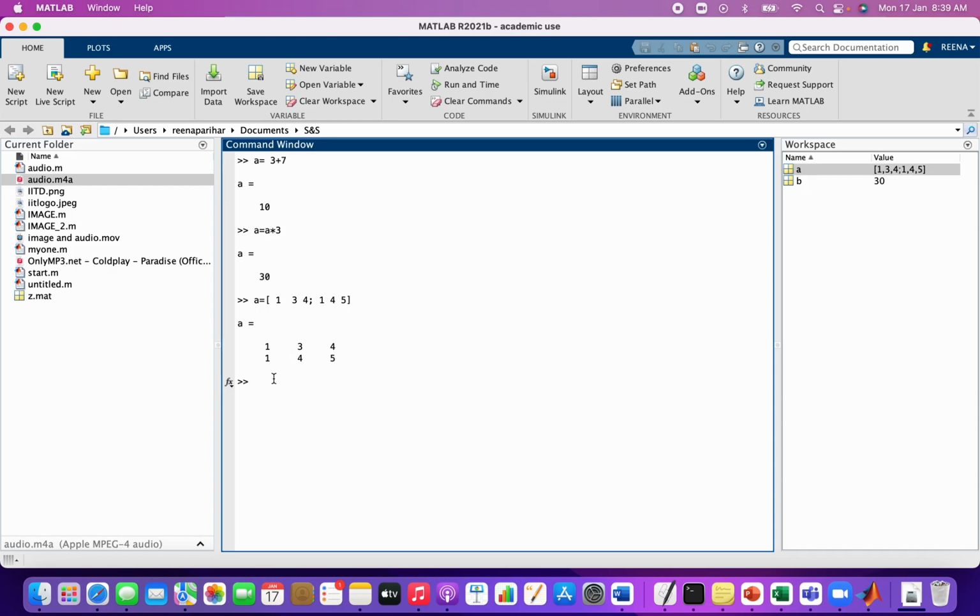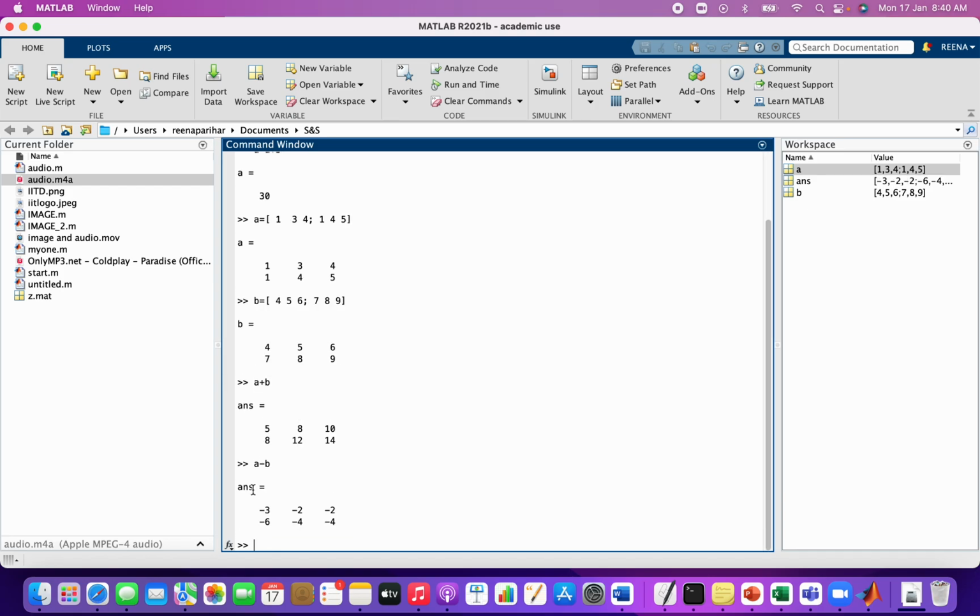And if I want to take another variable having different values, right? Now you want to add these two up. So these two will get added. If you want to subtract, just use the normal command, a minus b. Whichever is present first, from there the value of the second will get subtracted. You can do it the reverse way also. Suppose you want to multiply it. Now I'll show you what error you will get.